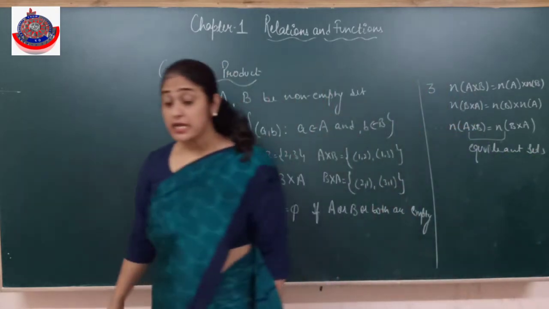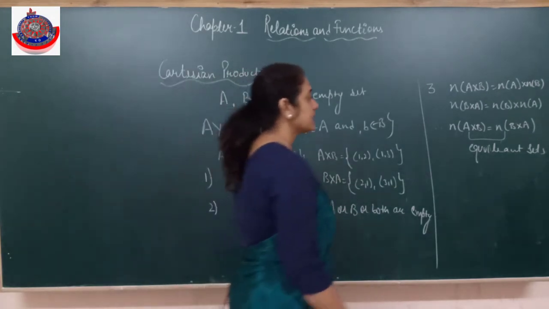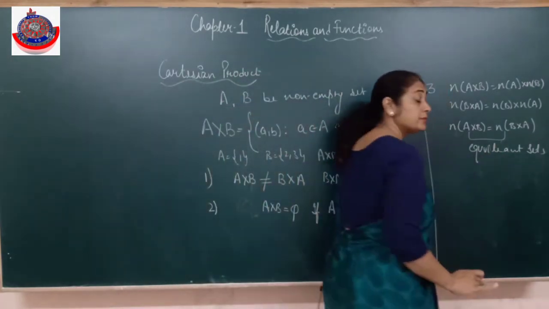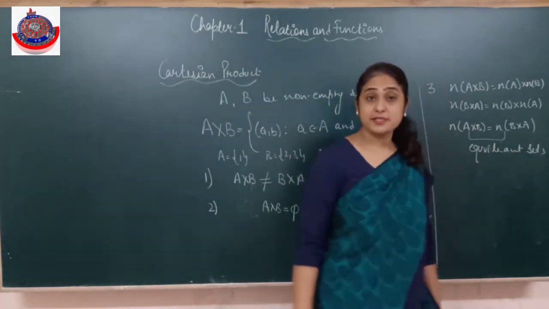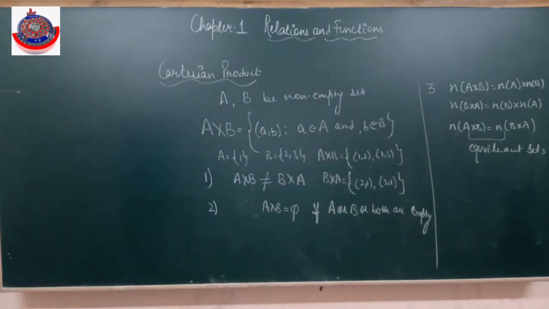Alright, they are equivalent sets. A cross B and B cross A are not equal sets, they are equivalent sets. Is it clear? They are equivalent length sets. Clear to everyone? Alright. Now,